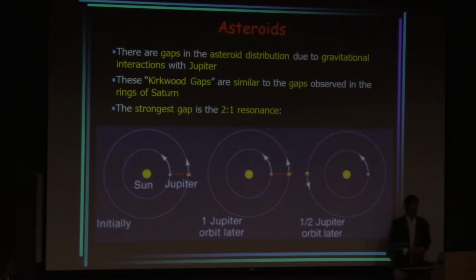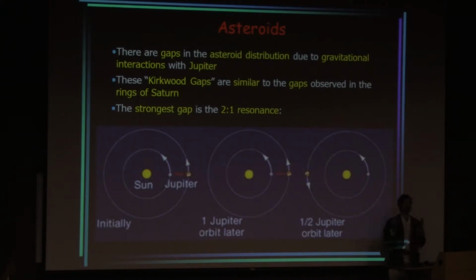All right, so let's get into a phenomenon called the Kirkwood gaps, which represents gaps in the asteroid belt itself that are very similar to the gaps that we've been talking about in Saturn's ring system. Just to review, remember that the gaps that we see in Saturn's ring system are due to interactions with moons orbiting Saturn. Remember that if you get an integer relationship between the orbital period of a particle orbiting Saturn and the orbital period of a moon farther out,